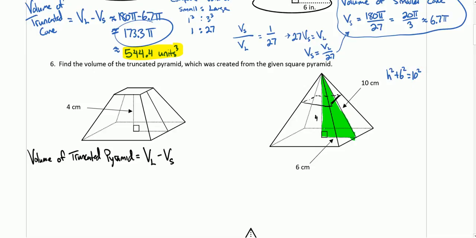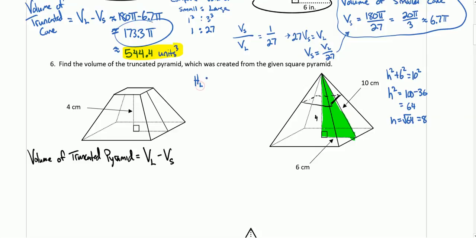The square of the sum of the squares of the legs of a right triangle is equal to the square of its hypotenuse. So h squared is 100 minus 36, which is 64. So take the square root, and h is the square root of 64, which is 8. So the height